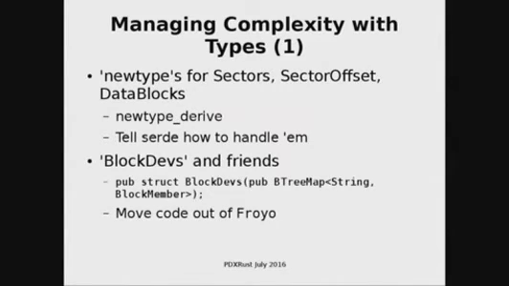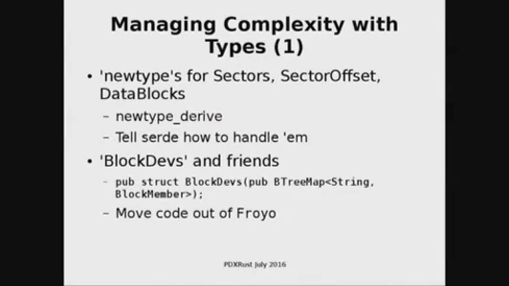If you're looking for a terabyte of free space on all my block devices, that was a method on the Froyo implementation, even though it only looks at the block devices. So, just to break that up and group things logically,